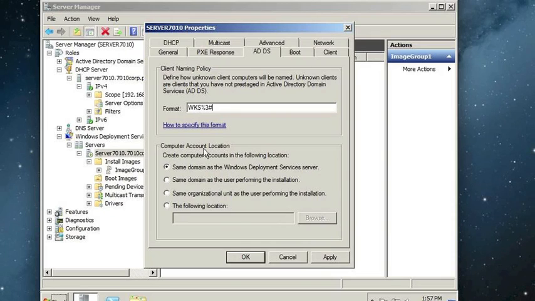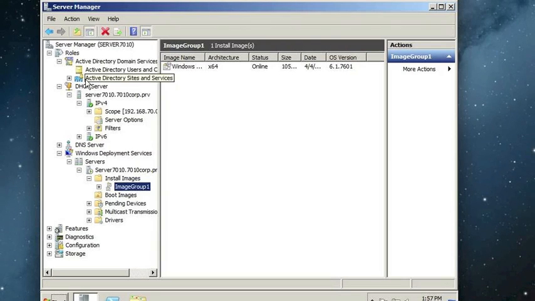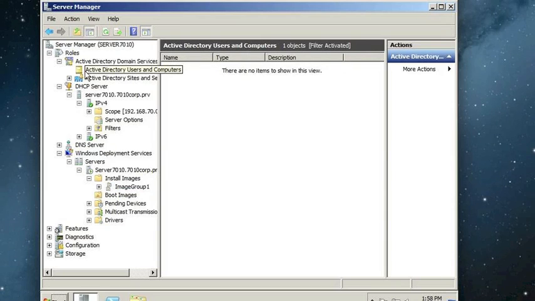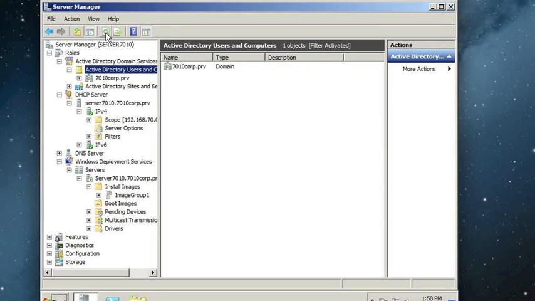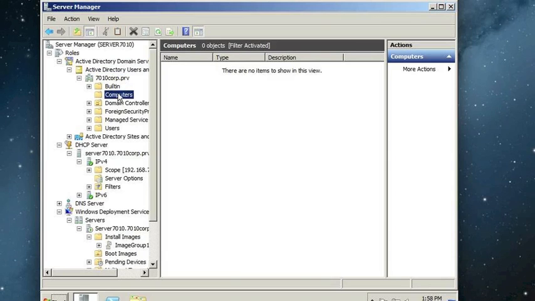And down here we have computer account location. Where do we want to add these computer accounts? By default, it'll create it in the Active Directory domain that we have here. I'm going to hit OK on this. The Active Directory domain, by default, when you add users, there we go. When you add users or computers to a domain, by default they get put into the